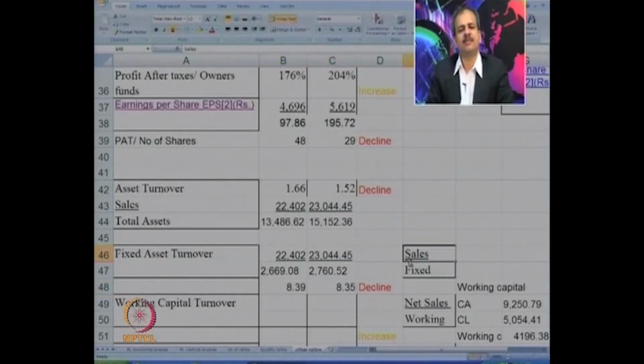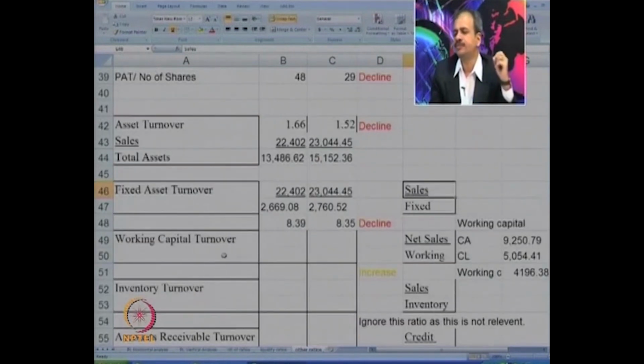So, you can see there is a marginal decline from 8.39 to 8.35. So, it shows that the utilization of fixed assets has slightly gone down, but the difference is not too high to comment negatively. The next ratio, which is again on activity, is working capital turnover ratio, which tries to see